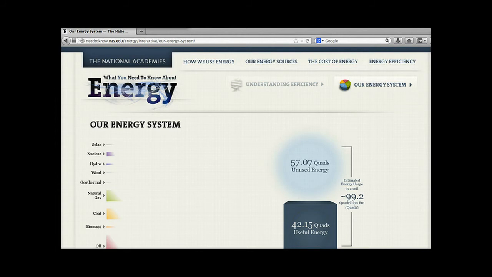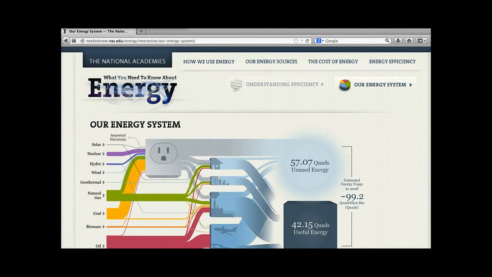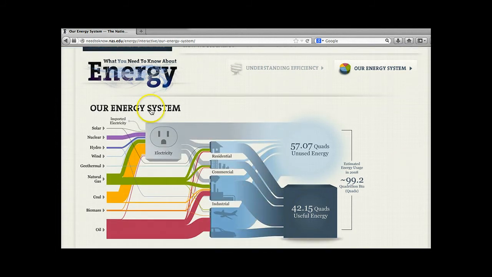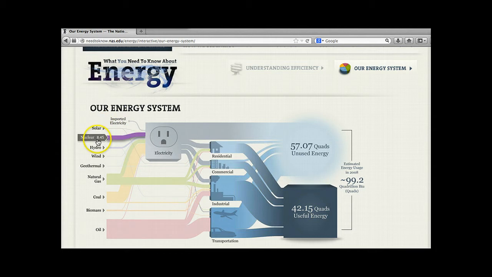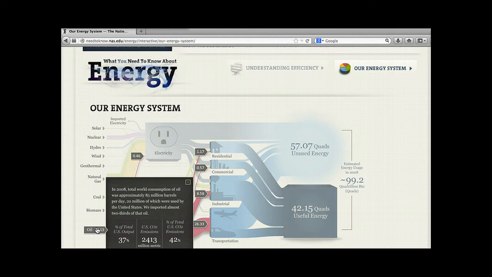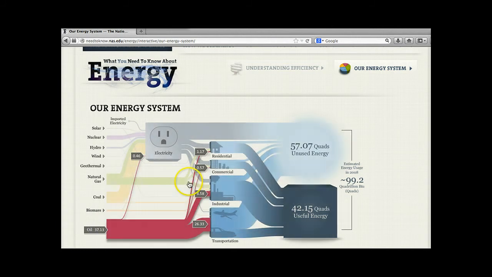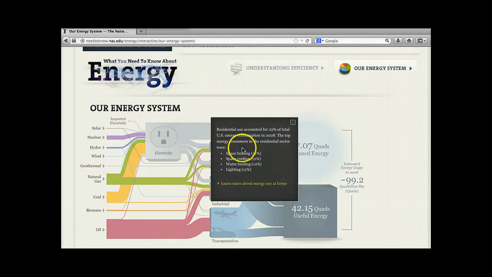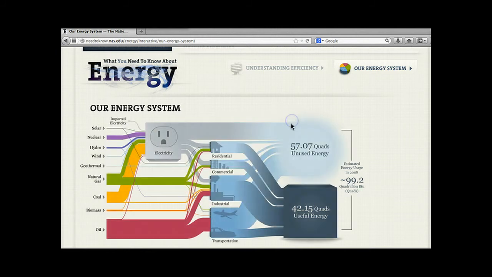Once inside our energy system, move your mouse over each energy source, solar, nuclear, etc., to see each individual flow and the relative quantities of each. Also, click on each word or phrase, they will underline when you move your mouse over them, to learn more about each item. Through this process, you will learn which primary energy sources contribute most to the U.S. energy system,